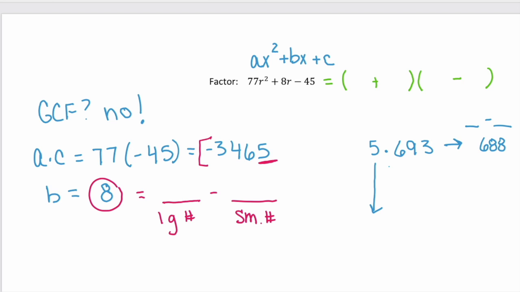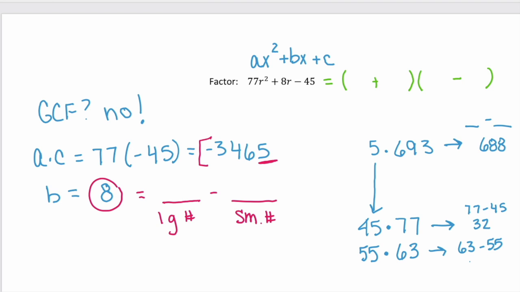So what if we look at something like 45? Well, 45 times 77 gives us 3,465. But when we add those together, or do 77 minus 45, we get what? 32. 32 is still bigger than 8, but look how far we've come, from 688 to 32. So we know we're going in the right direction. So let's look at 55 next. And you'll see that 55 times 63 gives you 3,465. And then when you do 63 minus 55, yeah, that's our 8. So we have our winner here,